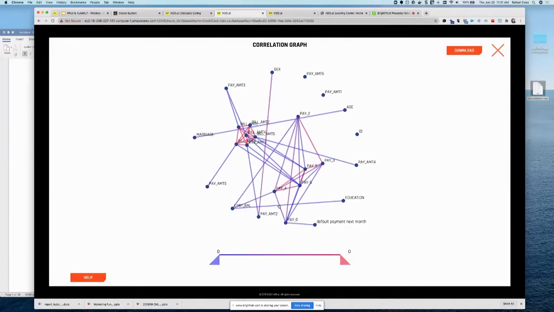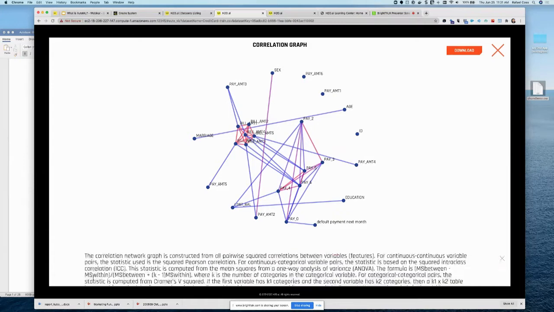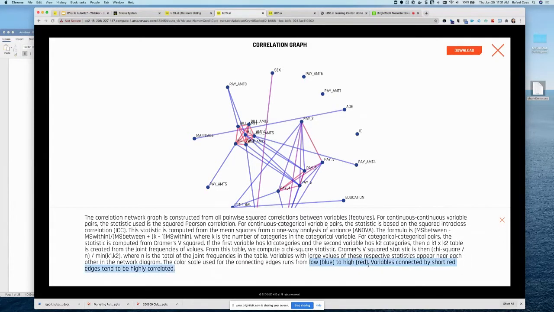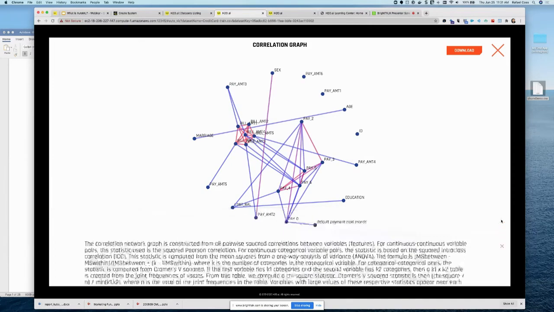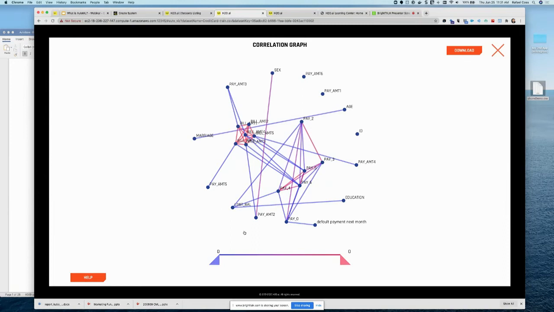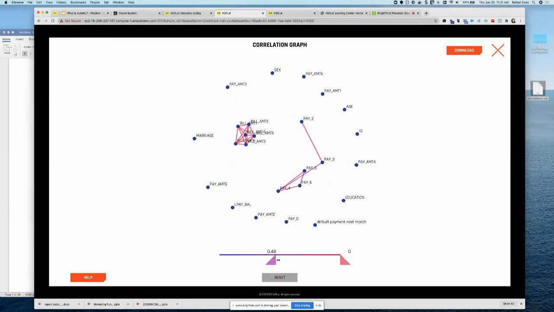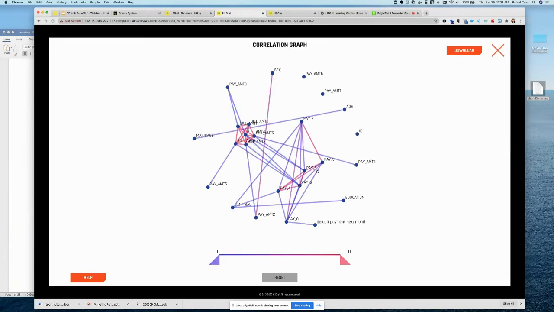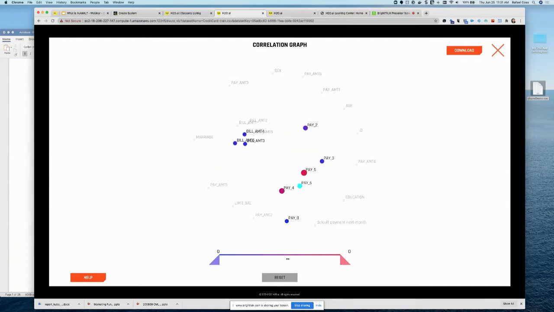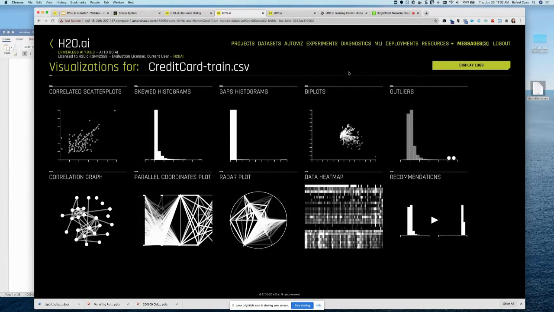And here we can also generate a correlation graph. Each of these graphs has an explanation. You can see here that red means there's high correlation. So red is actually good, right? Not like my other homework where red was bad, right? And so I can focus on the variables or features of high correlation. I can focus on a particular value and see what the variables are that have high correlation, which is red, and low correlation is blue. So again, it's deepening our understanding of the data, leveraging this automatic machine learning capability, right?